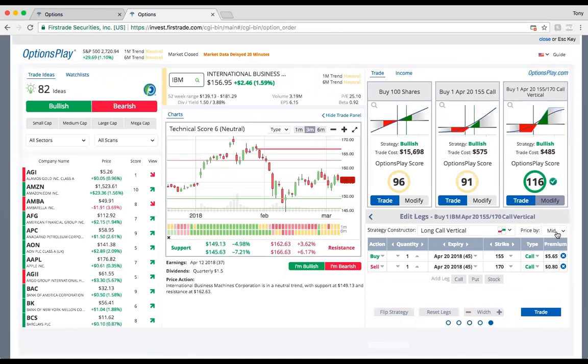Looks like we have a couple of questions coming in. Do you sometimes delay putting on the offsetting part of your vertical? Wayne, that is really an advanced strategy, to leg into a vertical. It certainly is a possibility, meaning if you're expecting a very large move very quickly, you can buy the first leg first, and once that move slows down a little, then sell that upper leg. Absolutely. That obviously takes a lot more